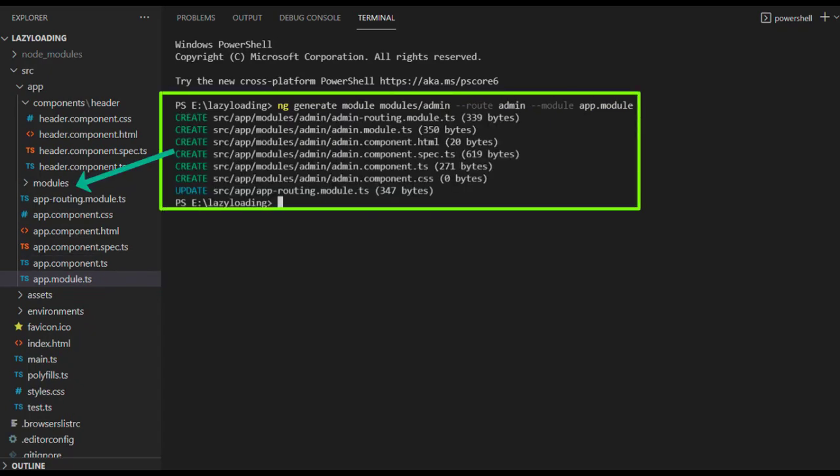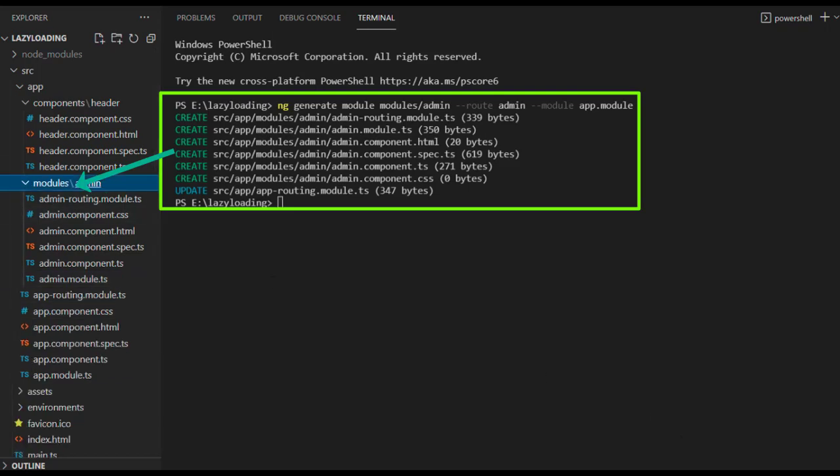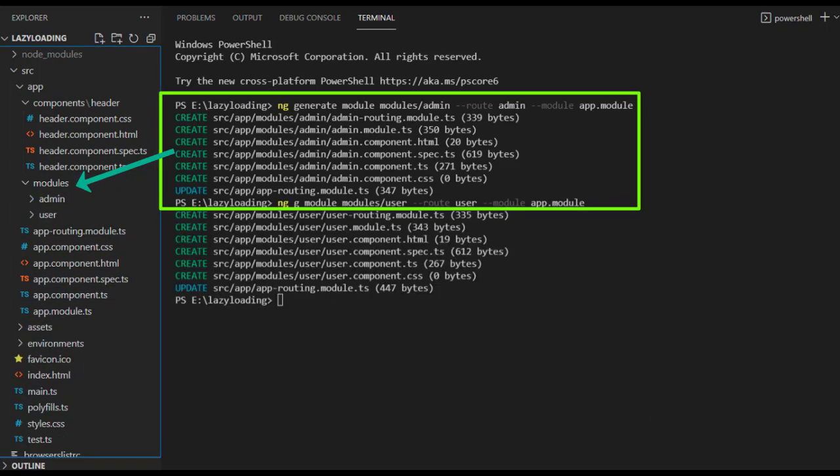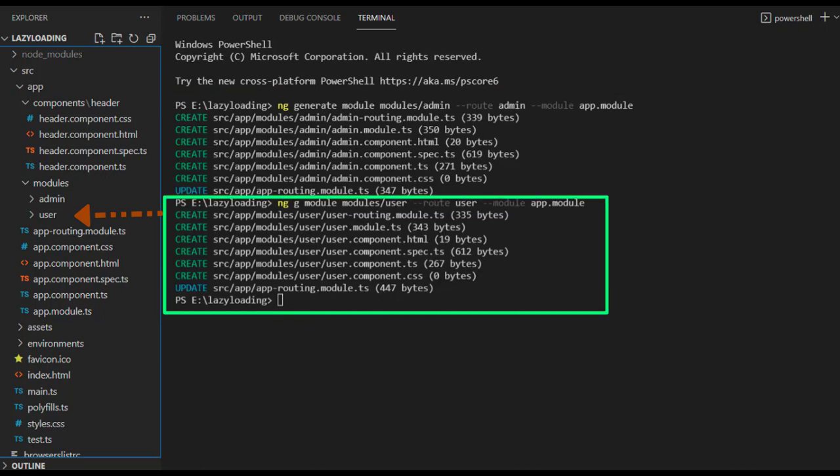admin-routing.module.ts file is created and also admin.module.ts file is created. Then admin.component.html, then admin.component.css, then admin.component.ts file is added. And it is updated in app-routing.module.ts file. In the same way, I have created one more module called user by giving command ng generate. Instead of writing here generate, I have written only g